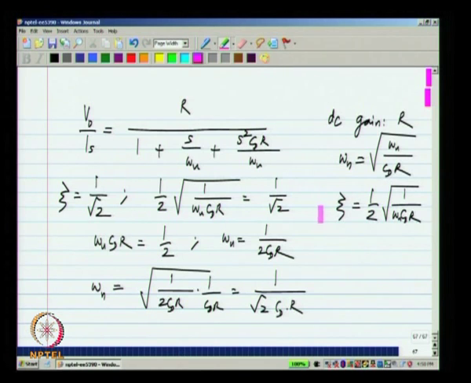So, first of all, please be aware of the constraints. We want to make the damping factor equals 1 over square root of 2. So, that means that the value of omega u should be adjusted to be 1 over 2 times C D times R, and the bandwidth of the circuit will also be 1 over square root of 2 times C D times R. Okay. These are the expressions that we get for the transimpedance amplifier that we have made, that is a current controlled voltage source for converting the current of a photodiode to a voltage.